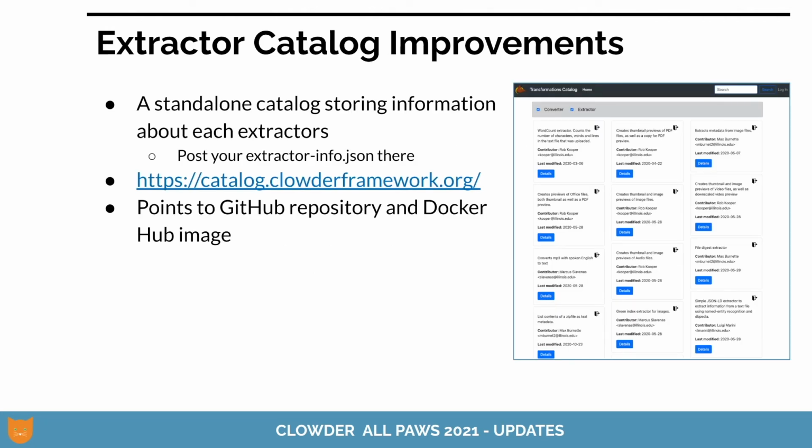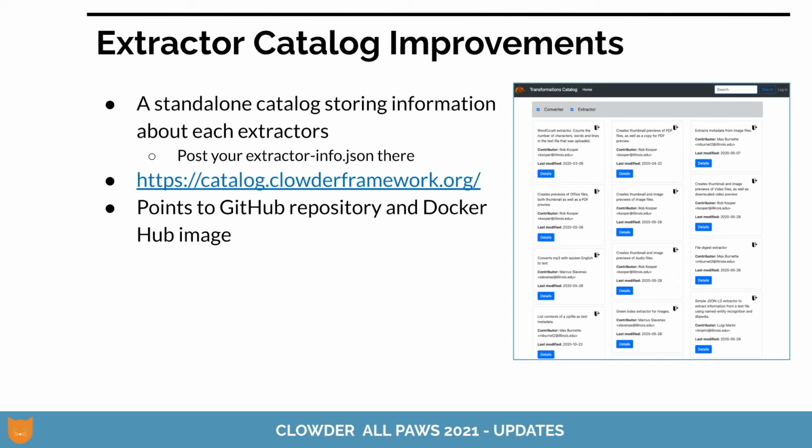So we talked about extractors, listings and catalogs within Clowder. We also had something that we developed for the Brown Dog project, which was an external, central catalog for extractors. We have deployed an instance at this URL for the Clowder community, and we have been doing some improvements on it, and we're almost there. It's not quite ready for public use, but